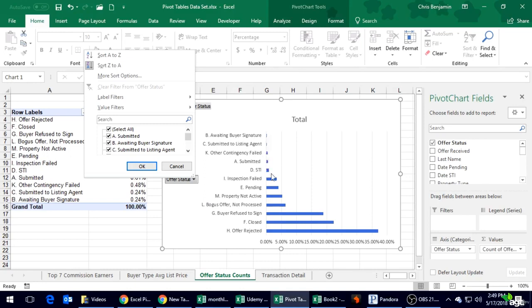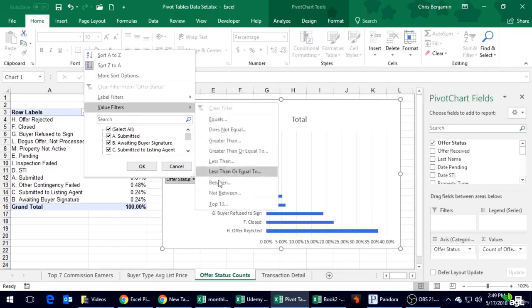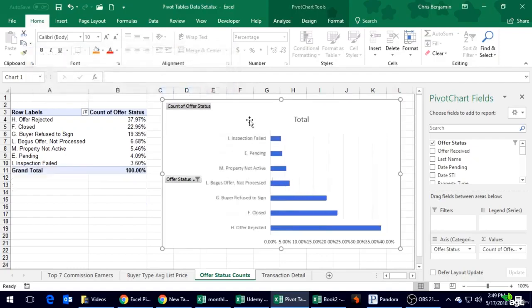Let's filter out some of the smaller ones, and we'll just say it's the top. Let's do these 1, 2, 3, 4, 5, 7. Let's go with 7 again, right? So actually here, let's do our value filters, top 10, but then we can drop this down to 7. Look at that, a little bit cleaner graph, and then in our header, we're actually going to write top 7